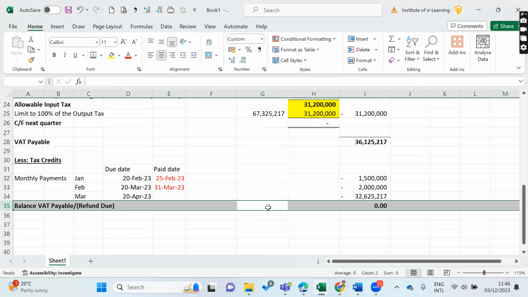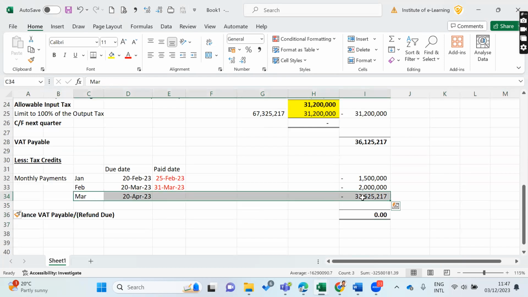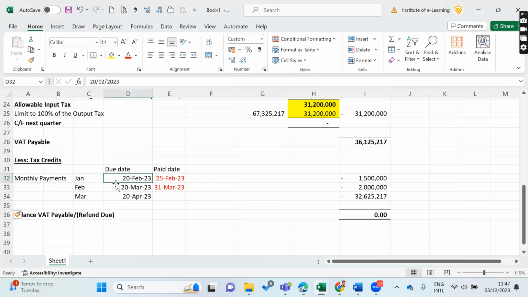But the balance payable, you always finally come up with that amount, because the final payment for VAT is this, since returns are quarterly and payments are monthly. We also have monthly return filing for VAT registered persons, especially RIP registered persons. The normal accountants other than them all submit returns quarterly. For the quarterly return, they have to make the payment monthly: January month on February 20th, February month on March 20th, March month on April 20th.